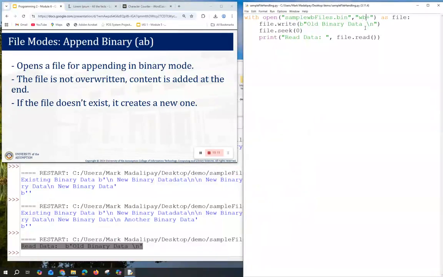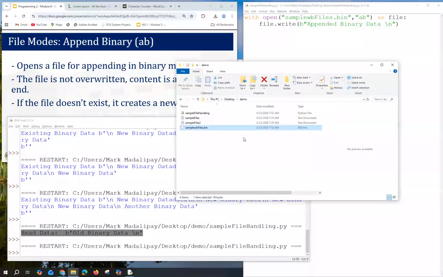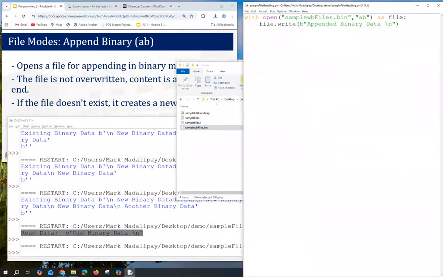So AB, we will have to append, we append a binary, save. Let's check later on. Okay.